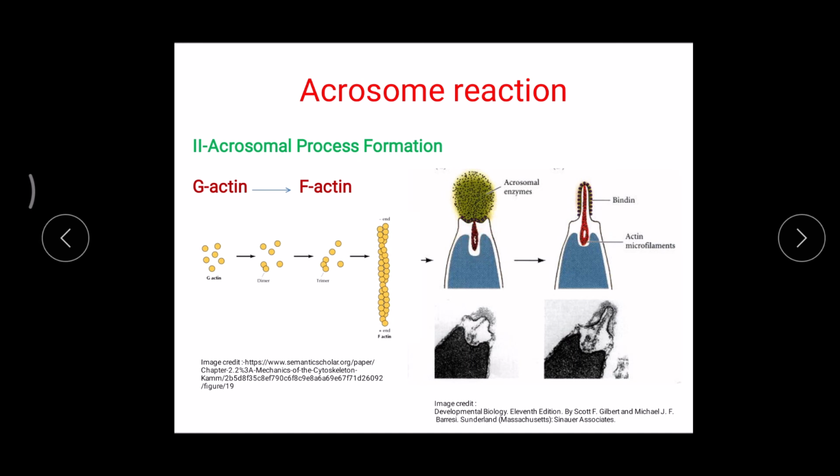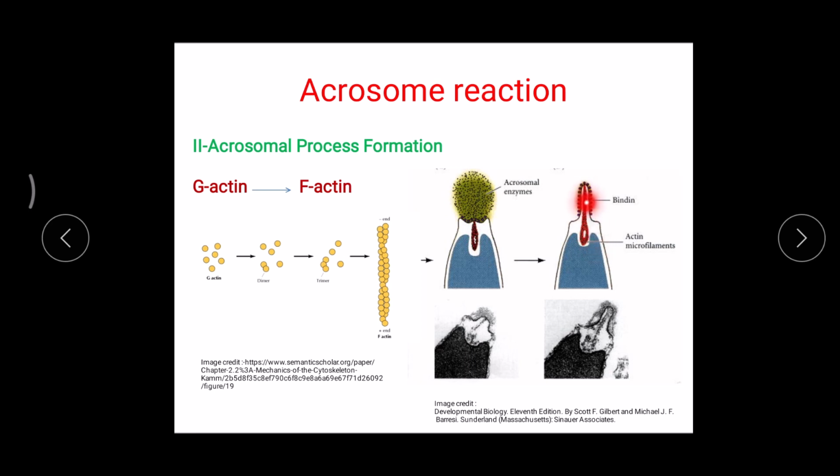there is another small protein called G-actin. G-actin stands for globular actin, and the exocytosis of acrosomal enzymes is a signal for this G-actin that now you have to polymerize, and once the G-actin polymerizes, it is converted into a filamentous structure called F-actin. This F-actin cannot be accommodated in a small space, and that's why it gets extended here. And once it gets extended, that will expose this bindin now. Initially the bindin is present here, and due to this G-actin to F-actin transition,